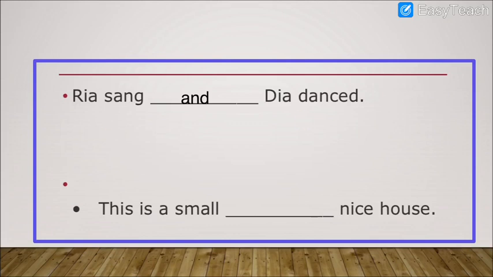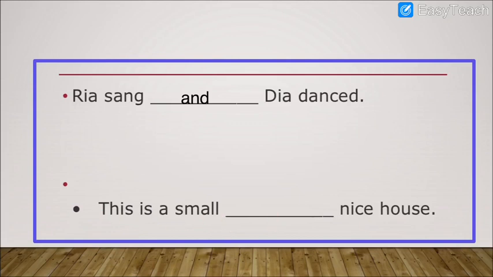So both of their intentions are the same, to entertain the people, but in different ways. So the ideas are not different. Try to understand the idea of the first half and the second half of the sentence. Similarly, however, we can say here, this is a small but nice